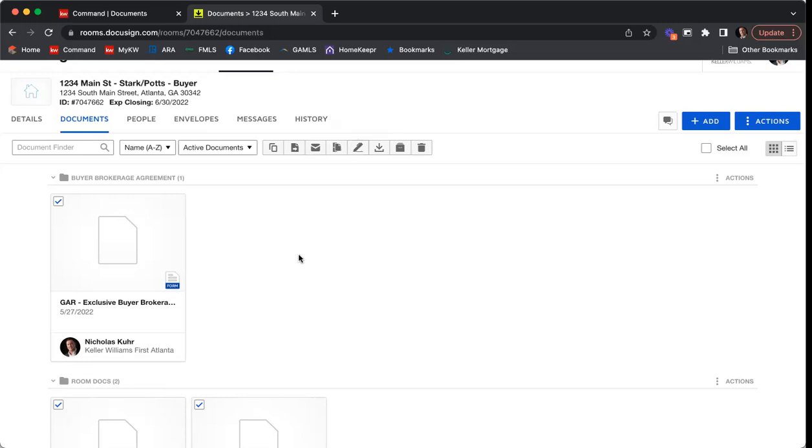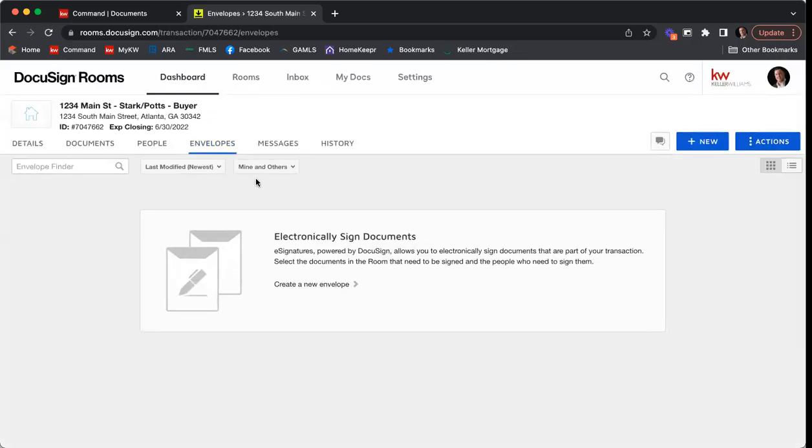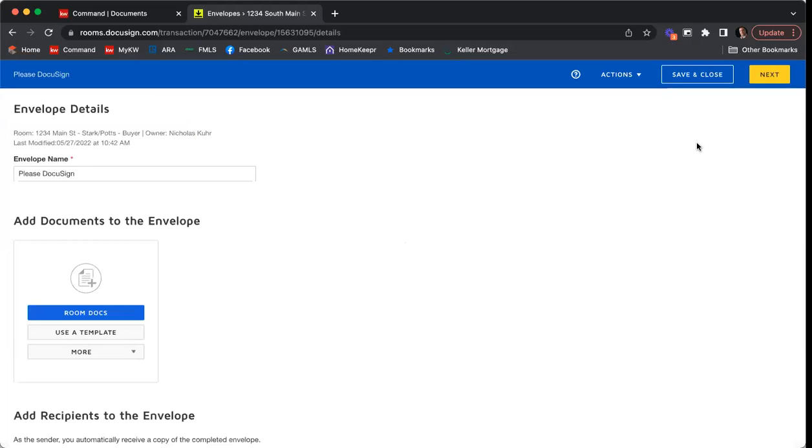The other way to create an envelope is to click into the envelopes tab. And then up here in the top right-hand corner, I'm going to select new. And then this will be the same view as the envelope if we had selected option number 1. And with everything, we'll start at the top and work our way down. So envelope name. So I'm going to name this 1234 Main Street purchase and sale agreement